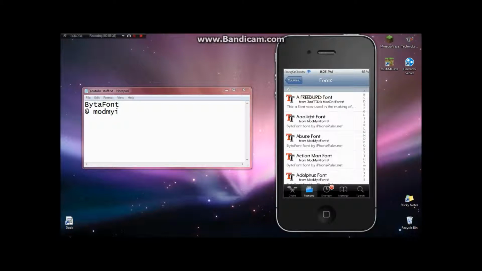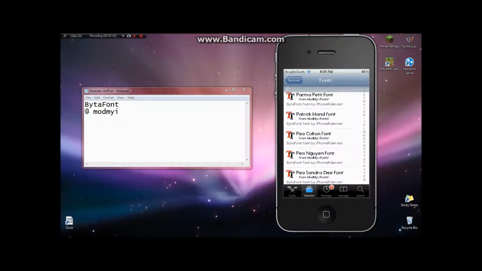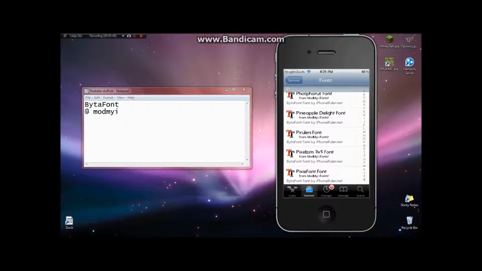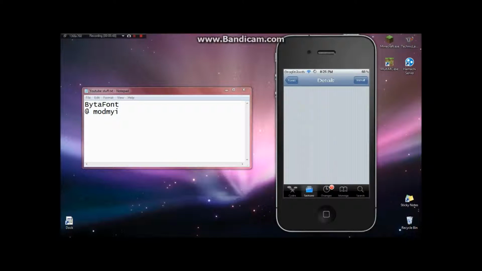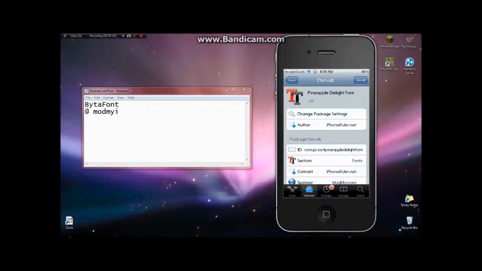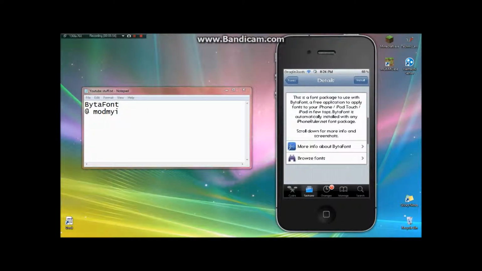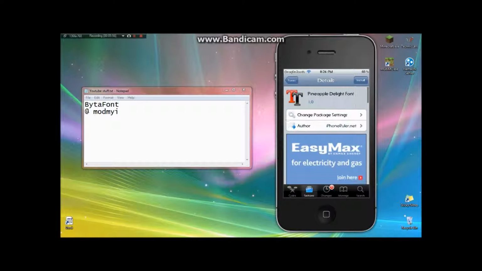And then since I just lost my place, I'll go here and I will find Pineapple Delight font. There we go, right there. 1.1, author from iRuler.net, iPhoneRuler.net. Yeah, so that's the one I want. So I'll click install,